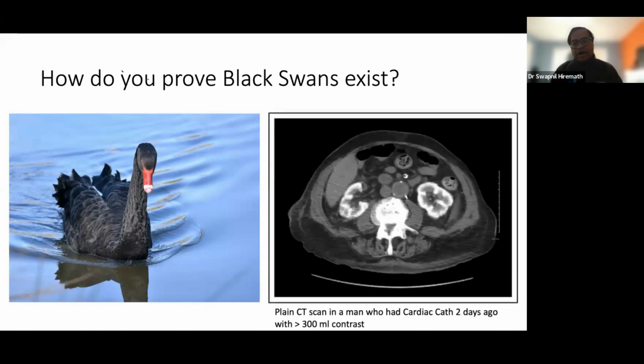Similar to that, I'm sure many of you have seen patients who truly had contrast-induced AKI. So this is a CT scan. It's a plain CT scan, not a contrast-enhanced CT scan, in a patient who 2 days ago had cardiac catheterization, coronary angiography. It was a difficult procedure, so the cardiologist injected more than 300 ml of contrast. And 2 days later, the patient came in with oliguria. They weren't making any urine and they weren't feeling well. Because there was abdominal pain as well, the emergency doctor did a CT scan, and the CT scan shows that the contrast is still stuck in the kidney, right?